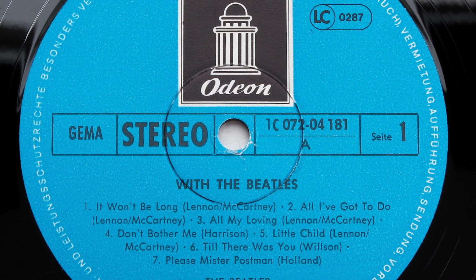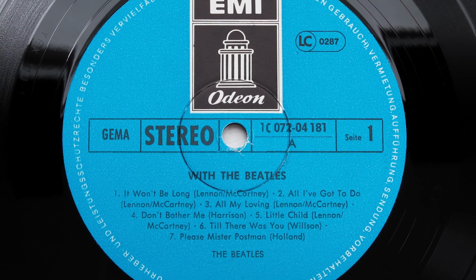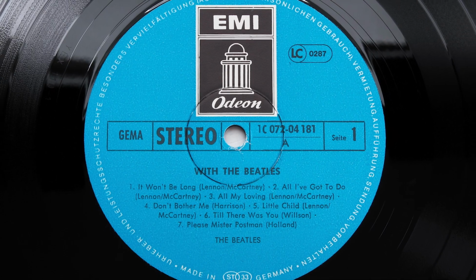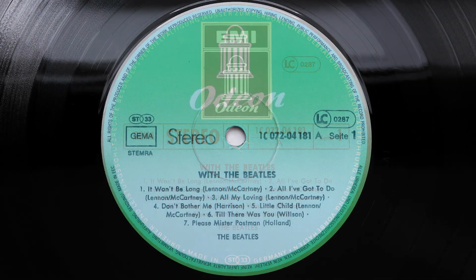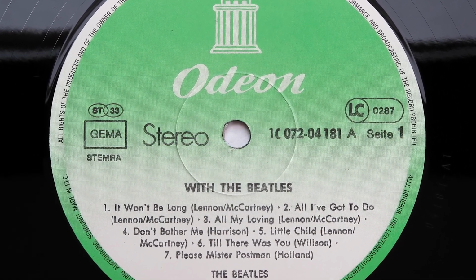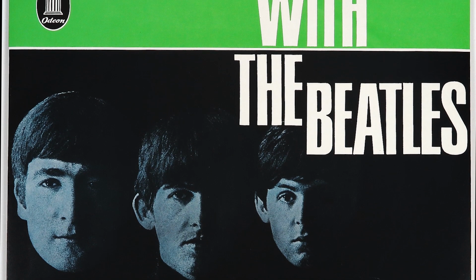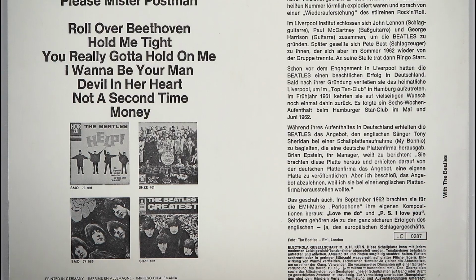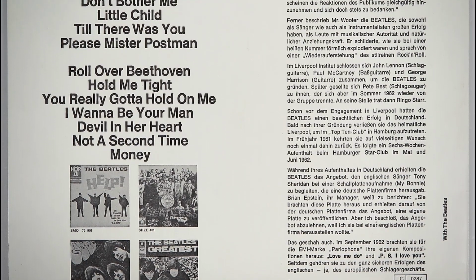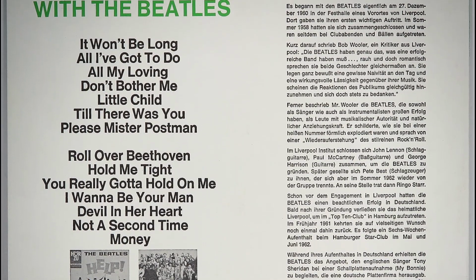The 1978 German pressing uses a 1969 recut from what sounds like an inferior copy tape, and although it puts up a decent fight, it can't match Harry's cut. The 1985 disc really does come out fighting, and you can hear the compressors and limiters working their socks off. But like Please Please Me, the instruments are really pumped up and dominate everything. It's a mix which wouldn't have seemed out of place in 1963, but a long way away from the authentic vintage sound we've come to expect today. So let's call this one for the UK and Harry, which makes it 1-1 as we move into A Hard